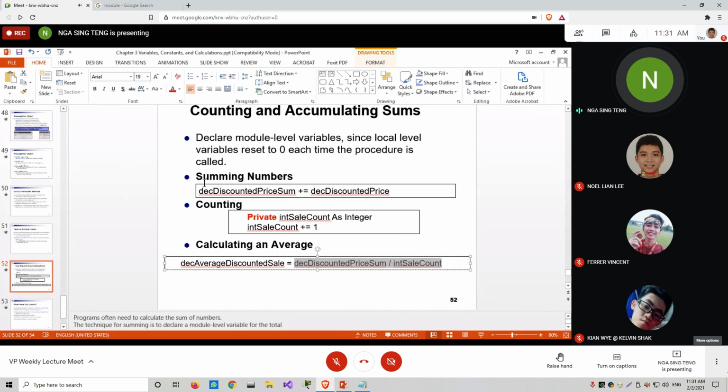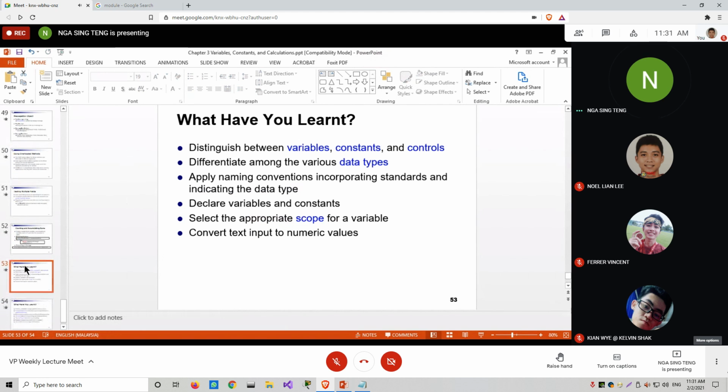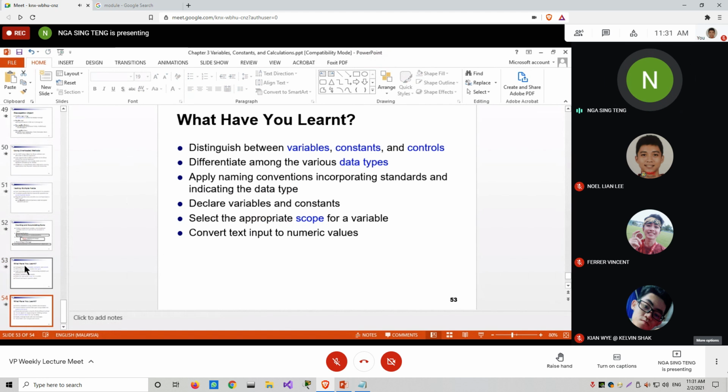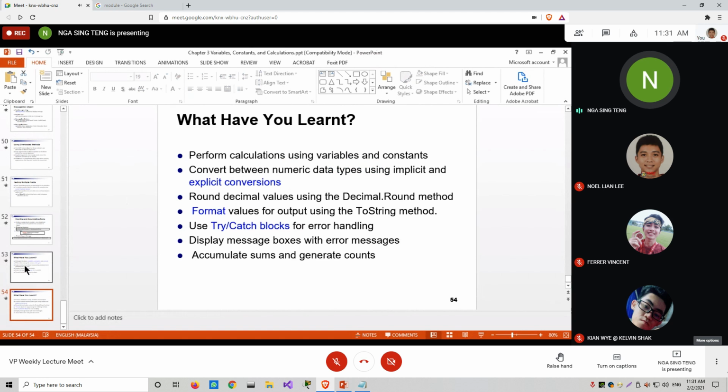Sure, you must have some process there, calculations. Then in the end you show some output, display some outputs to the user. Okay, so questions. This is what I've learned from this chapter quite a lot, but mostly